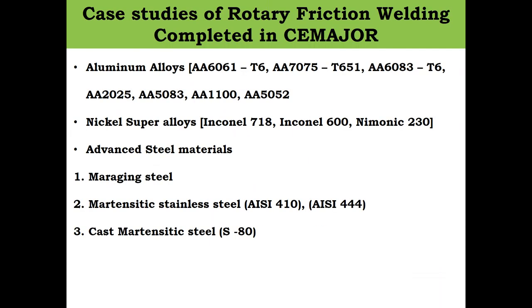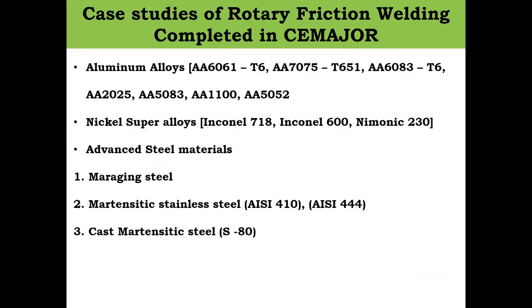Another case study I'm going to present is from our center. We came across many alloys like A6061, 7075 in T651 condition, also 6083, 2025, 508. These are the alloys we used to join by using our machines, which are available in our center. Also nickel super alloy for GTRE Bangalore, we did one small work